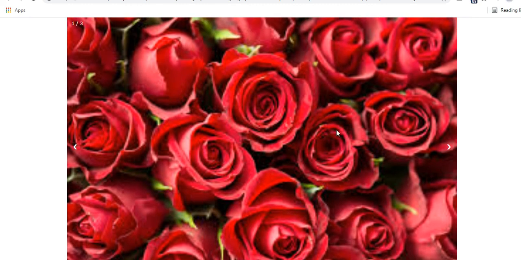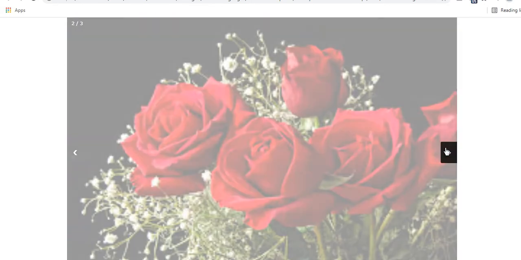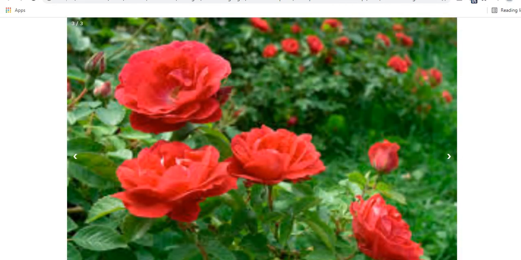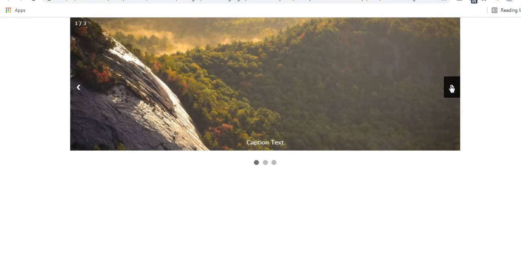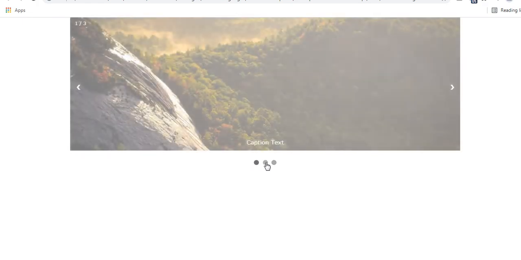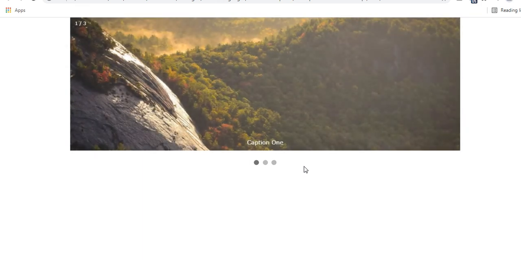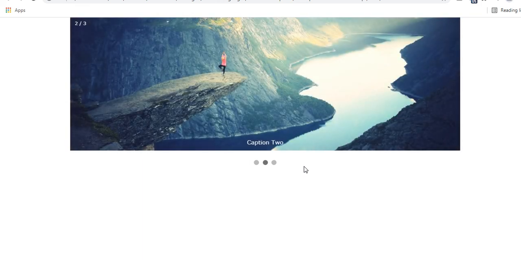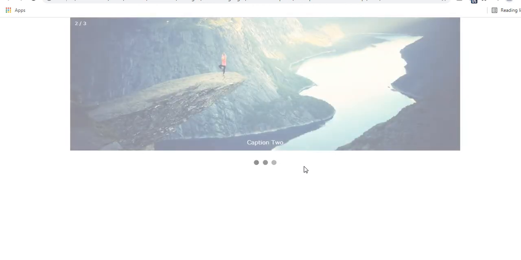And this is a slideshow, right? I have pictures and you have to do it manually, so simply I am sliding it. And this one also you have to do manually. I have 3, so we can see which picture we are on. Otherwise you can click over here also. This is a slideshow that does it automatically. They will give some seconds, after which the pictures change by themselves. This is done with JavaScript.